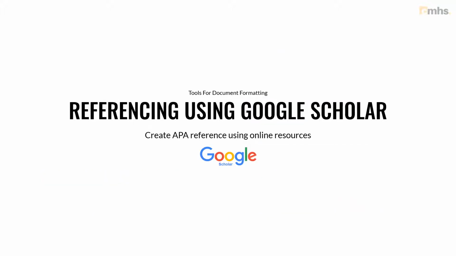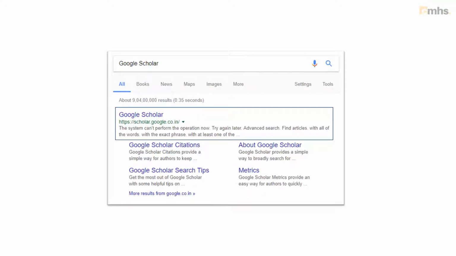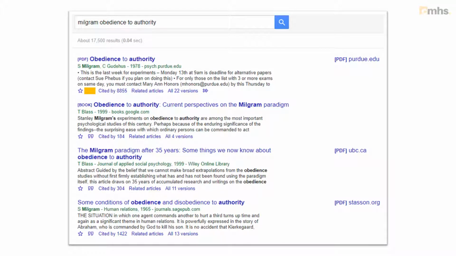Now, while it is possible to create references manually by yourself, if you have too many references, you can use multiple applications as well. One of those applications is Google Scholar. So how do you go to Google Scholar? You type Google Scholar on your Google search, and the first option which turns up is scholar.google.co.in. Click on it and you reach Google Scholar, which looks exactly the same as your normal